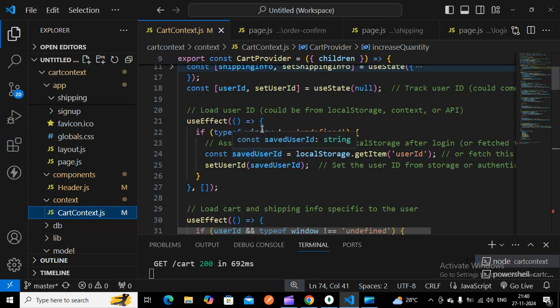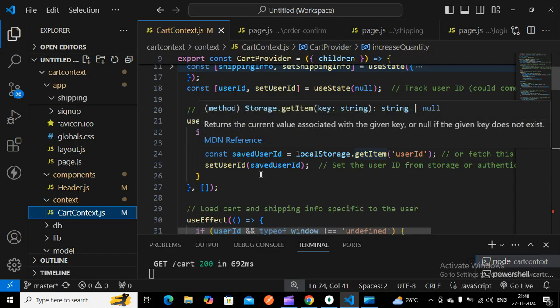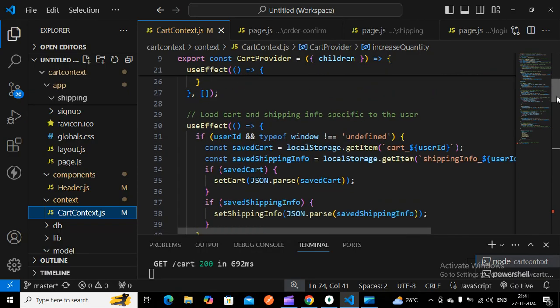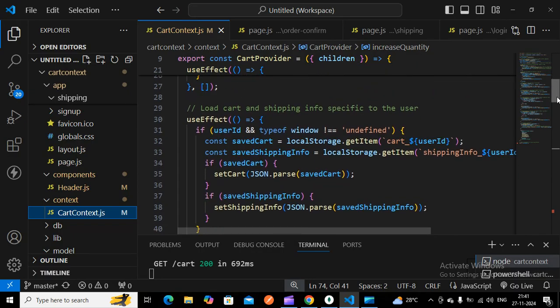In the useEffect, you have to check the type of window, to see whether it's a client component or a server component. If it is a client component, the window object is there. If it is there, we get that user id and save it in the useState variable setUserId, so that you will be getting that user id.